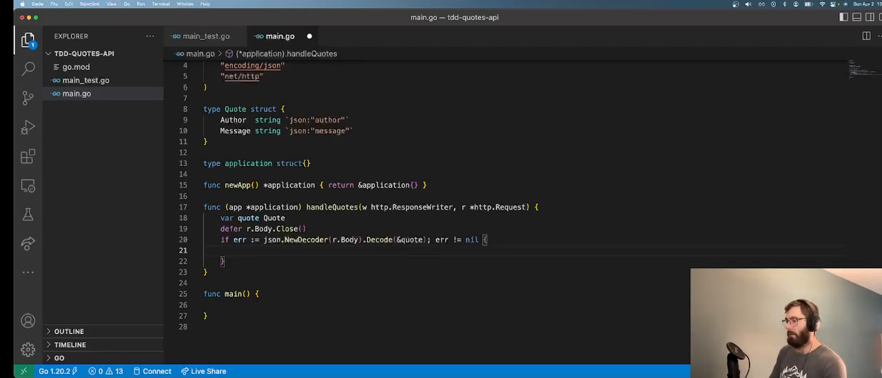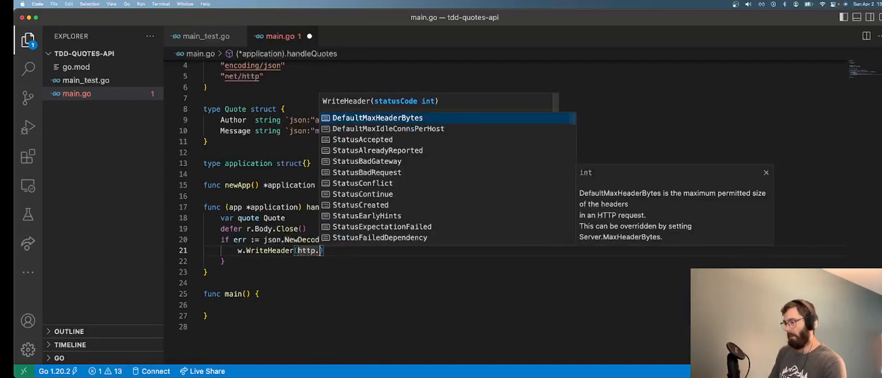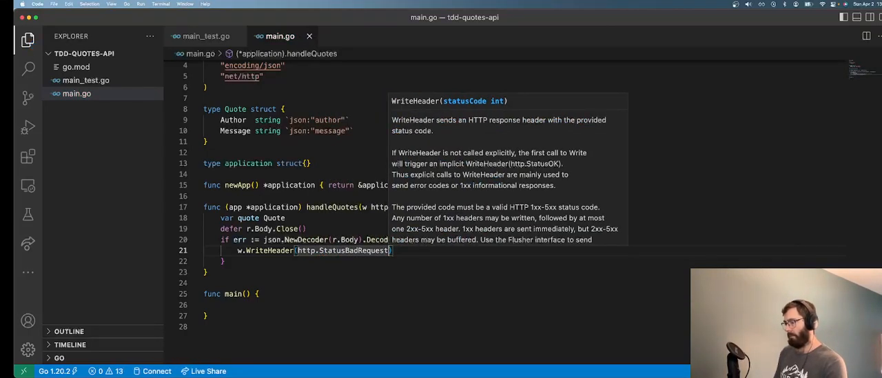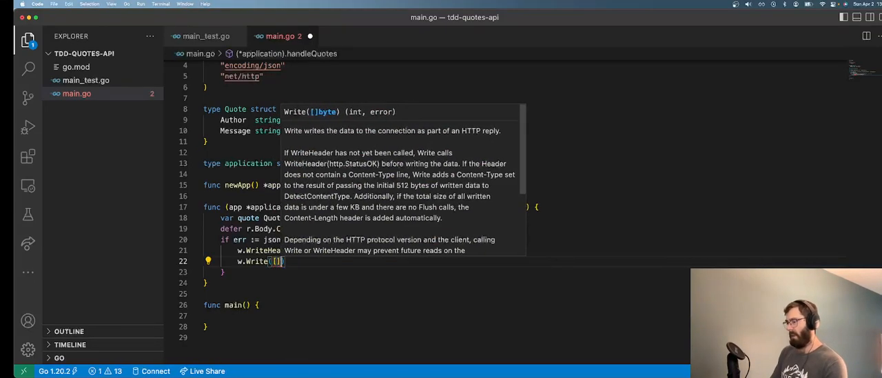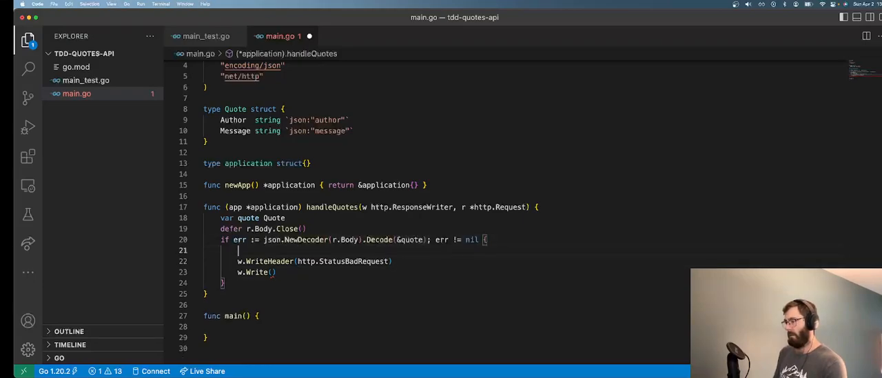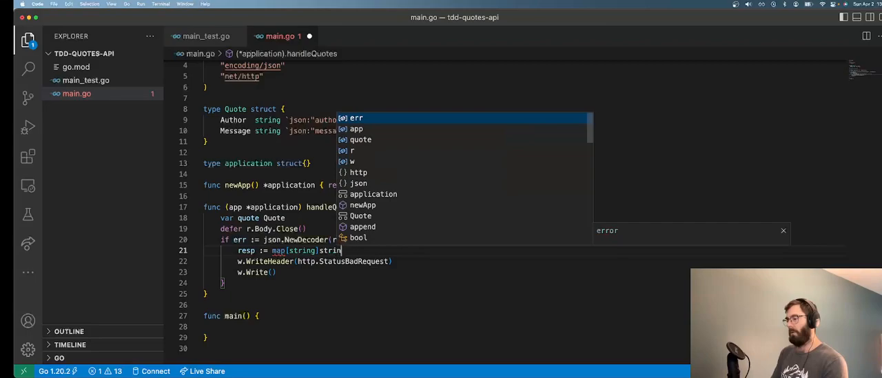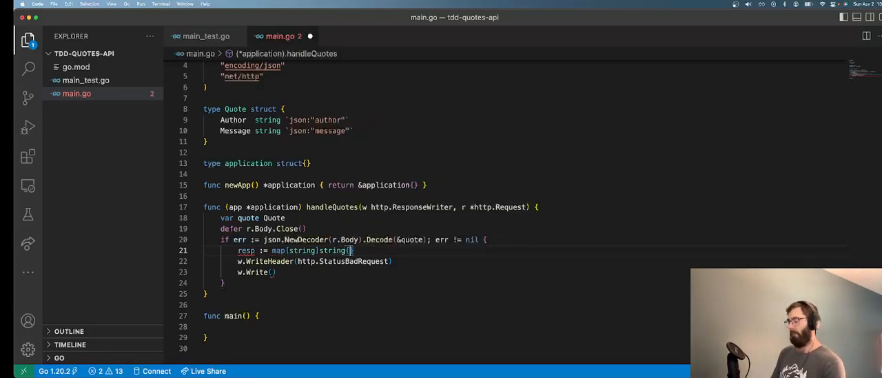Let's see, if that fails, we're going to w dot write a header, where the header is HTTP bad request. And we're going to write for now a slice of byte, and let's see. All right, let's try to think ahead. For consistency's sake, let's say our responses are going to be a map where there's a string and a string, and for now this is error, and then this will be